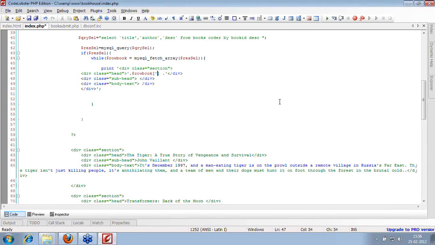This is an array, so I need to know the element name. The element name would be the same as our field name in the database. So here my first one is title. Now this is the first element. The same way I'll have the second element and the third element. Okay, I'm just correcting the HTML tag because I copy-pasted it and removed some values. So the next is author and then the next is description. So these are the values which we are populating from the database and printing on the screen.